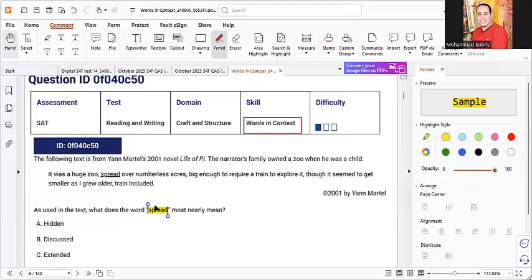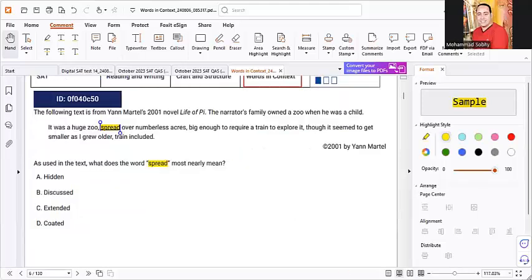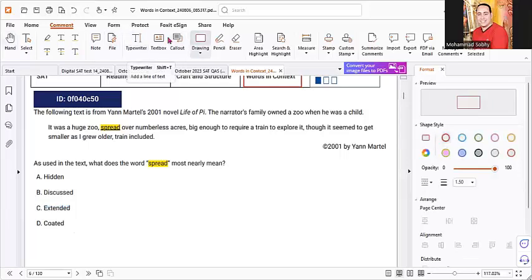I think it's C, extended. You think it's C. Why do you think it's C? Spread means like spreading, like when you have a small amount of butter, you want to spread it. Excellent. To put it over a wide range, or to distribute things over a wide range, or to make news or things travel over broad limits, to tell many people about it. Excellent. This is a good suggestion from you. Great.